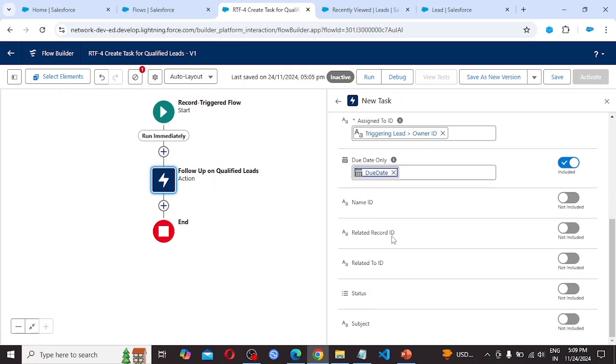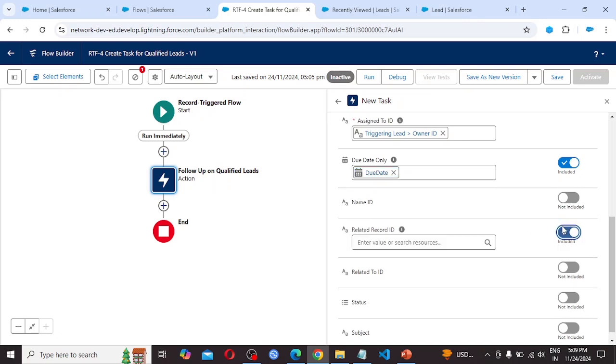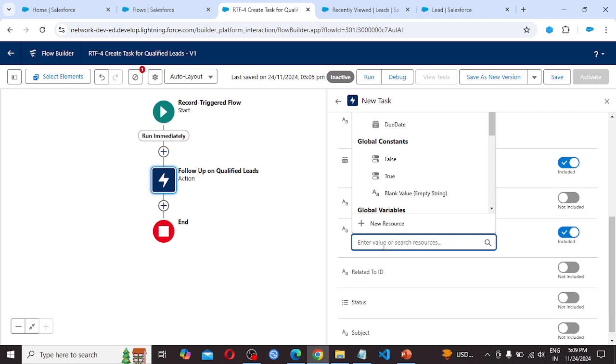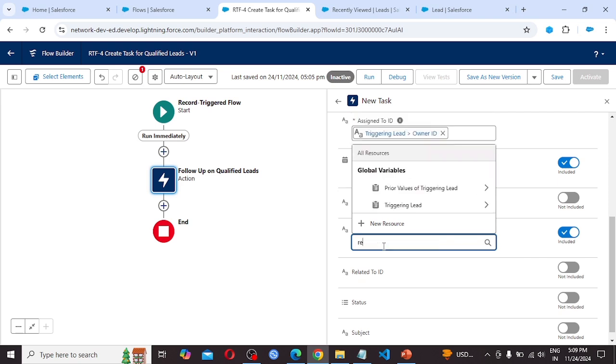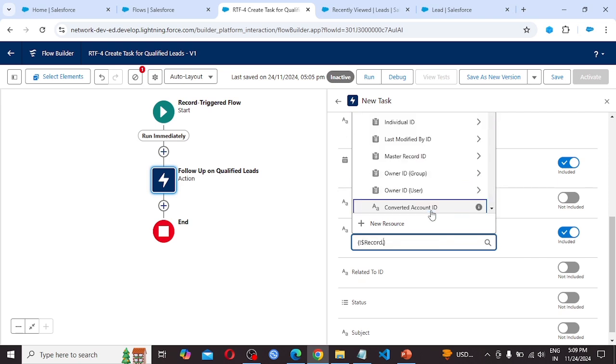So related record ID. This is who ID, to whom it is getting related, and related to ID is what ID. So we have to provide the related record ID. So let's switch this one, and for this record, like triggering lead dot id.